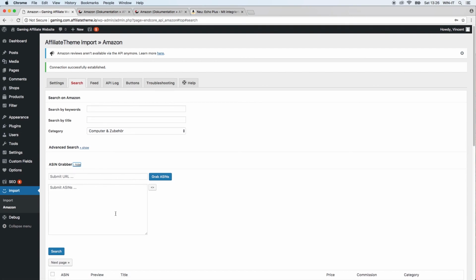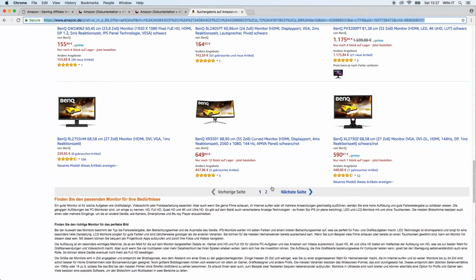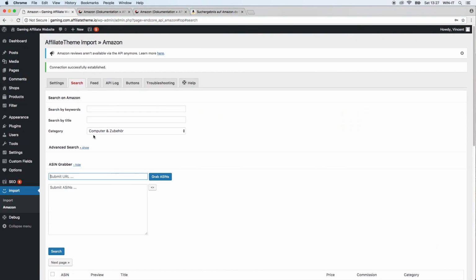So more interesting is the ASIN grabber. So here you can enter any URL from Amazon, and the grabber will import all products from this page, in 10 products packages. So 10 products by 10 products and so on. So we can enter the URL in this field right here. So let's just go back to Amazon, and right here I displayed all monitors by BenQ. And if we were to import all those monitors, which are plenty of monitors, well, not plenty, but 2 pages, we just copy this URL, paste it here, click grab ASINs, and you can see that all the ASINs,